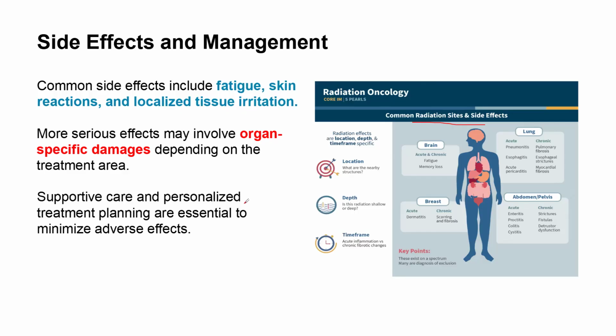and then supportive care and medicine is very important. Some of the organs that can be affected include the brain, breast, abdomen, and lungs. All these are some of the organs that can be affected in the case of side effects. So that is why it is very important to make sure that you carefully plan